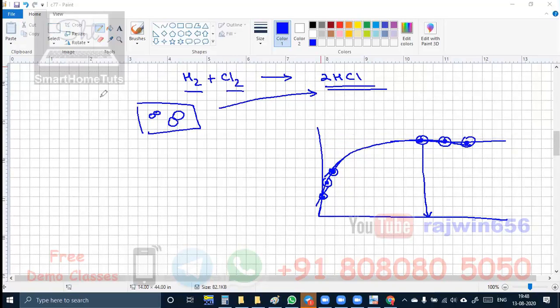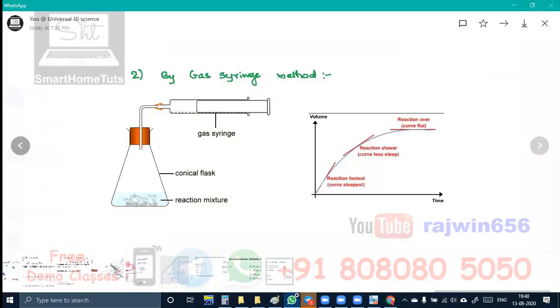In this example that we have taken, over here the amount of gas that is produced is not changing. The amount of gas produced is remaining fixed at all these points. So the gradient is 0, it means the reaction has stopped. In the beginning, the gradient value will be high because the slope is steeper, because the reaction is fast. And as the concentration of reactants is decreasing, the gradient value also will decrease. Finally, from this point, it will become 0. Okay? This was one method of determining the rate of reaction.